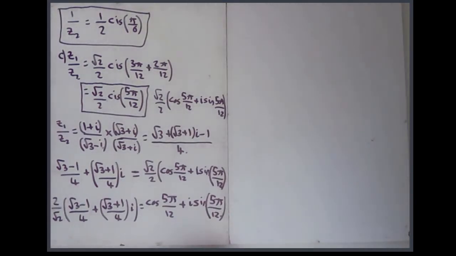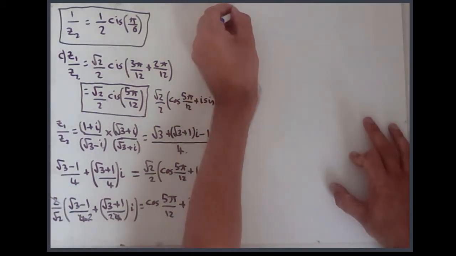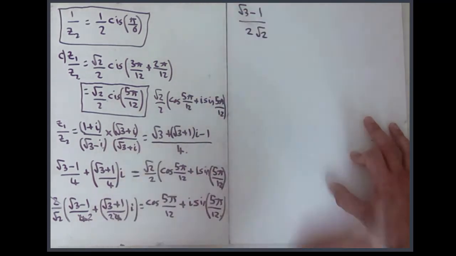Okay, so I'm just going to now see if we can deal with this. The 2 is easy enough because you can just say, well, that 2 into that 4 is just going to leave a 2 on the bottom, and the same with that 4, so that's easy enough. For the root 2, I'm going to have to put it in the denominator for now, and then we might end up multiplying by it later. So that would say root 3 minus 1 over 2 root 2,